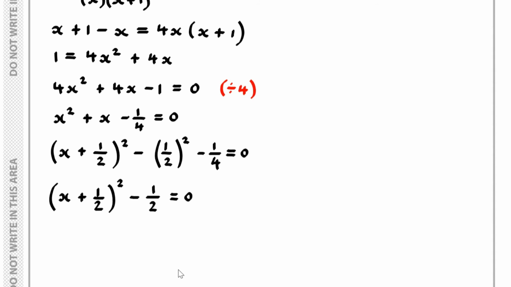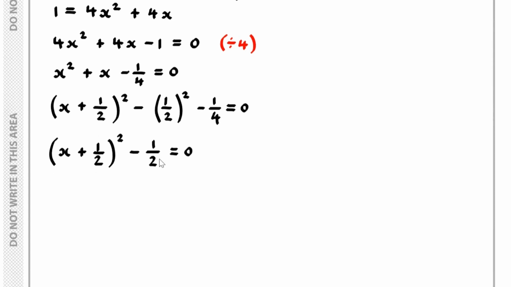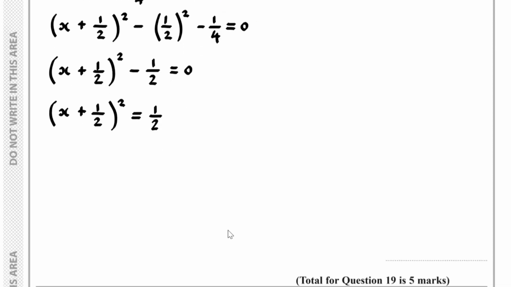And so if we add 1/2 to both sides, we would have x plus 1/2 squared equals 1/2, and if we now square root both sides,